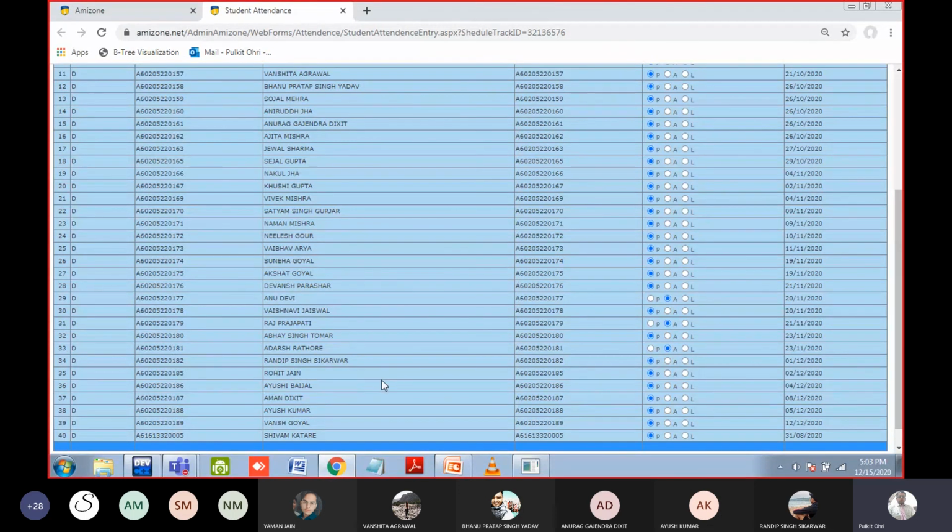Randeep is there. Rohit, present, sir. Ayushi, present, sir. Aman, present, sir. Ayush Kumar, Ayush, yes, sir. Present, sir.